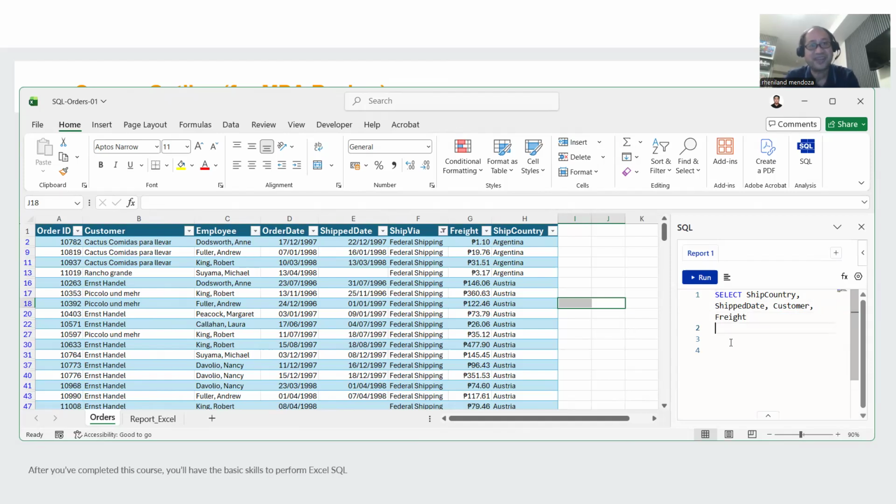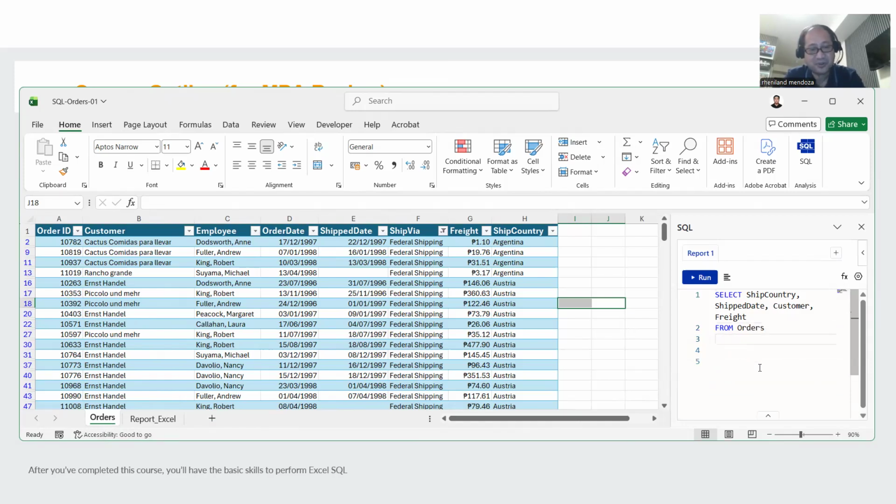Notice how IntelliSense is working here, and you don't have to type everything, just the first few letters, like one or two. You just have to choose on the pop-up options that come out. Isn't that good? So the next keyword would be the from, and this is where we choose the tables. In this case, we only have one table, but imagine if we have many tables, many worksheets in the same file. So in this case, we type the first few, and look, it pops up.